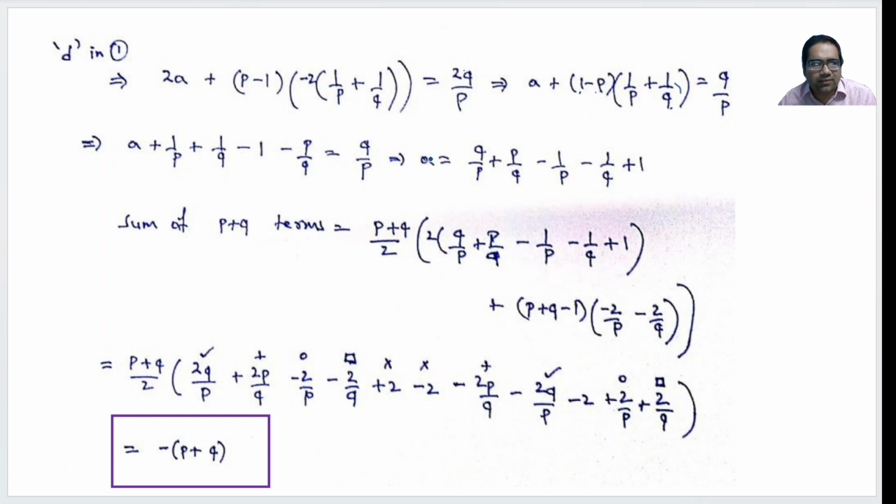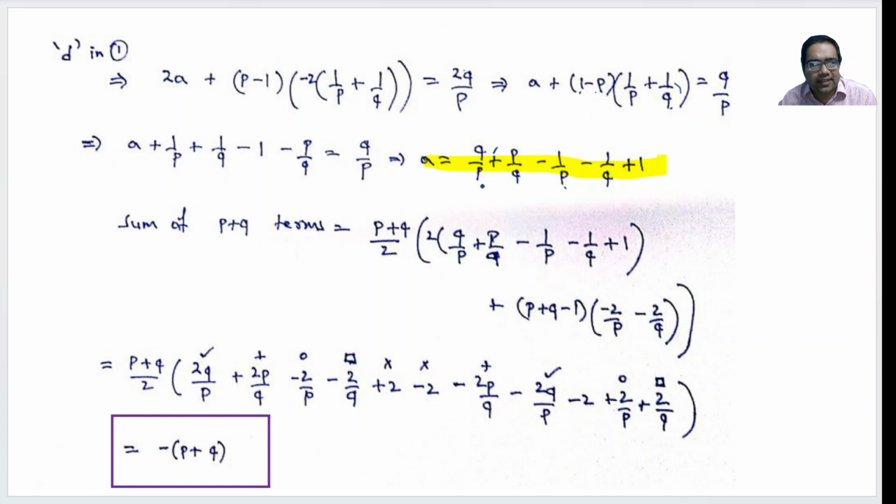Let's solve this equation further. What is a? Q by p plus p by q minus 1 by p minus 1 by q plus 1. This is our a, right? This is our a. This is important. Now let's substitute this a